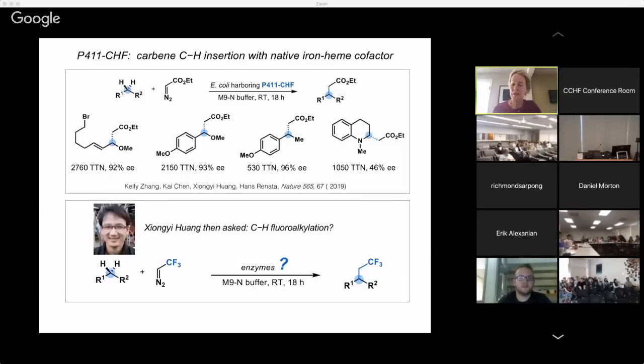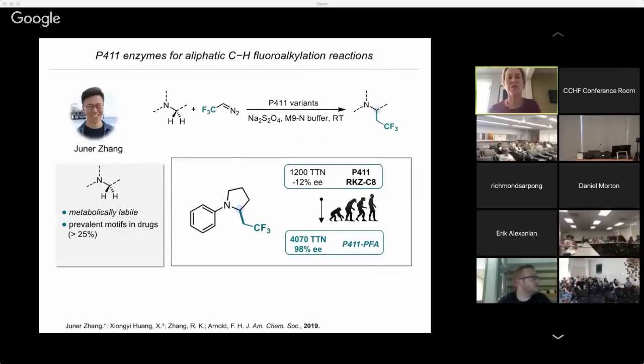And catalysts that can use this acceptor-only type carbene precursor for an enantioselective alkylation have not been reported, because the electron donating group is usually required to attenuate the very high reactivity in carbene intermediates and give the stereo control of CH functionalization. But we've shown that enzymes can stabilize some pretty highly reactive intermediates, and Zhangyi Wang, working with Jun'er Zhang, just recently published